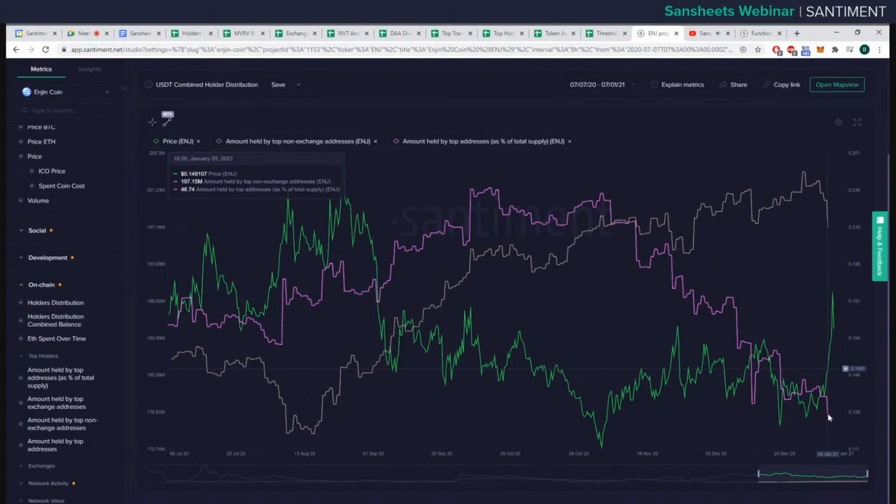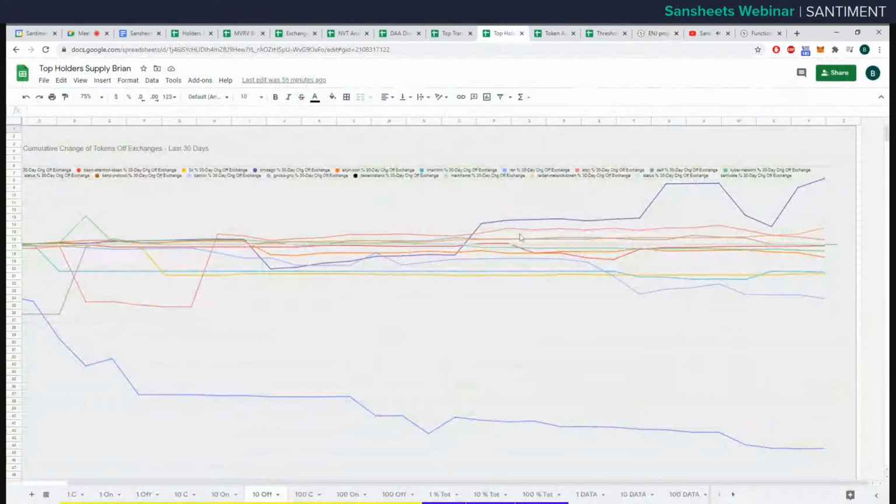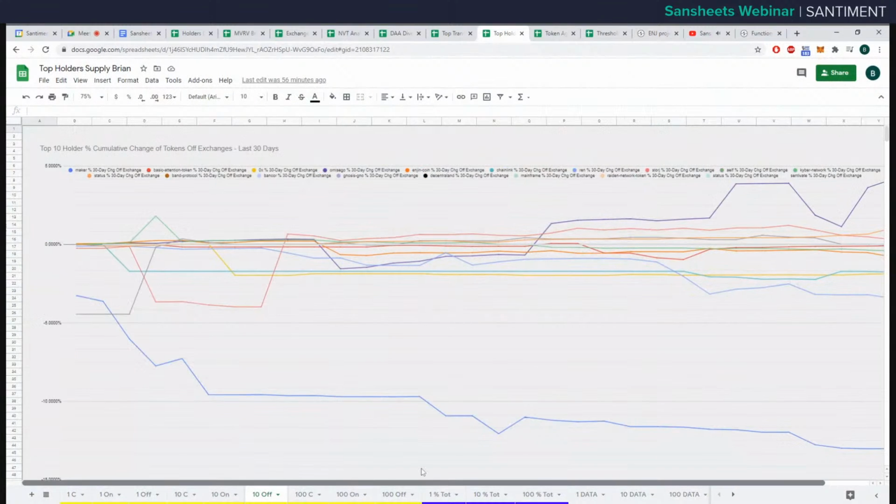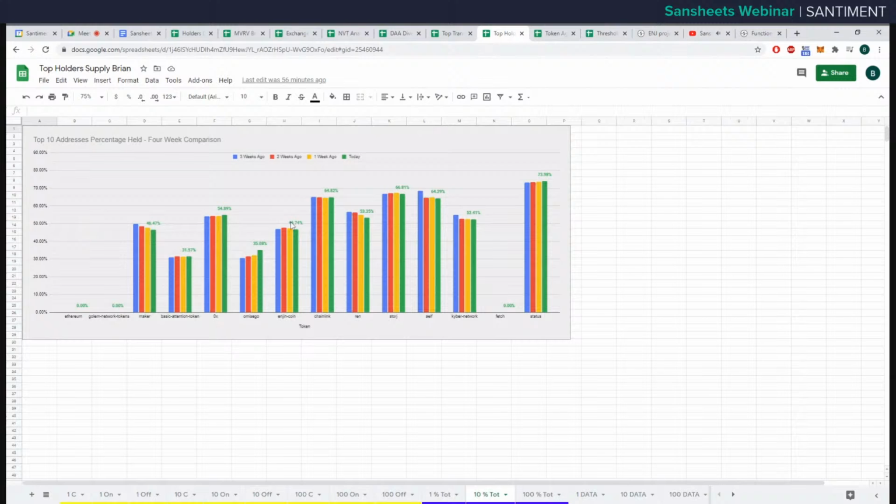So right here on Sandbase, he's saying that the amount held by top addresses, the top 10 in this case, is at 46.7%. On the model, this is not showing what you think it is. This is actually showing the cumulative change over the last 30 days. So it's basically a percentage of a percent. So what would be more useful for you is to look at this, and this is going to match it